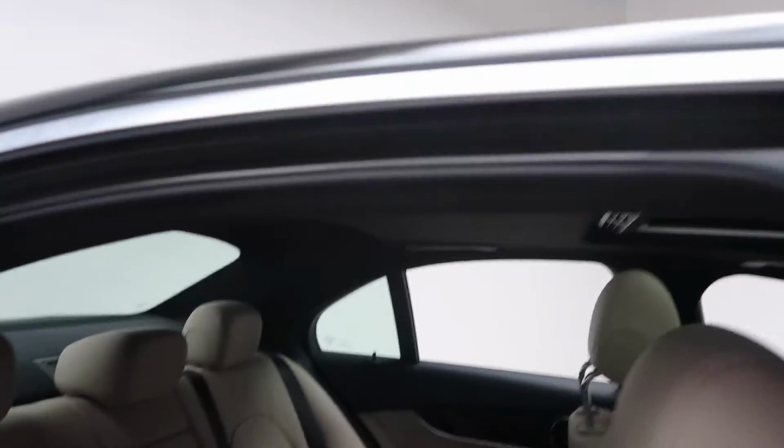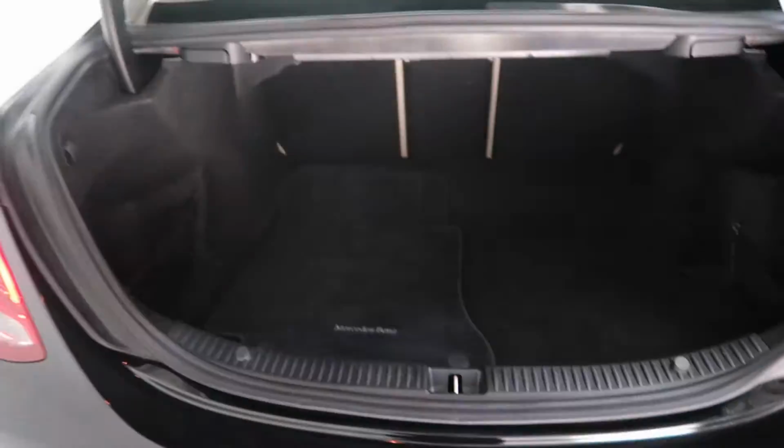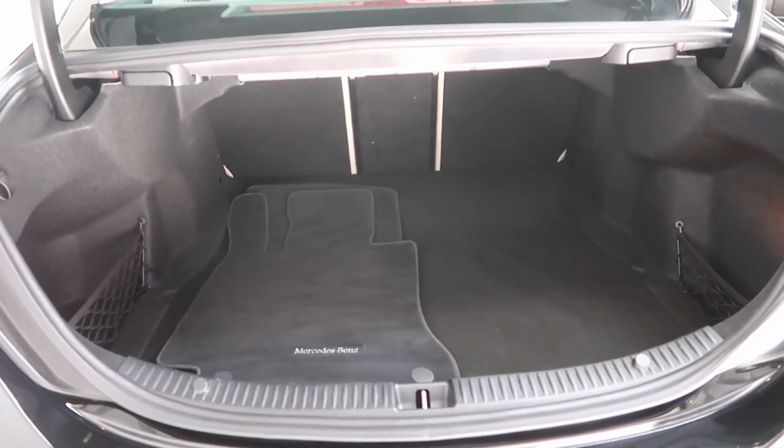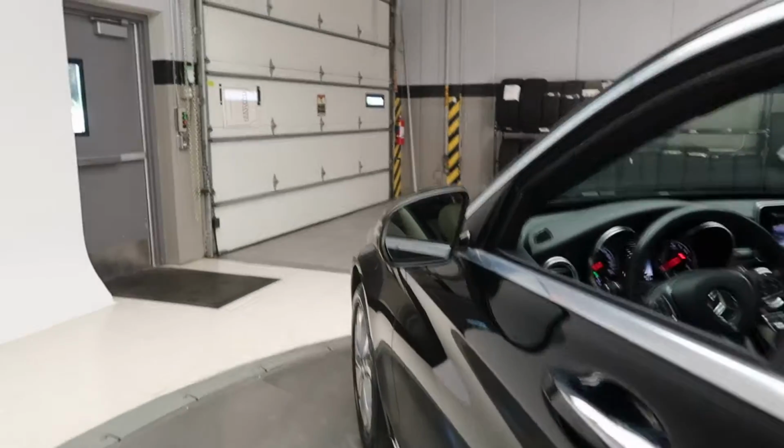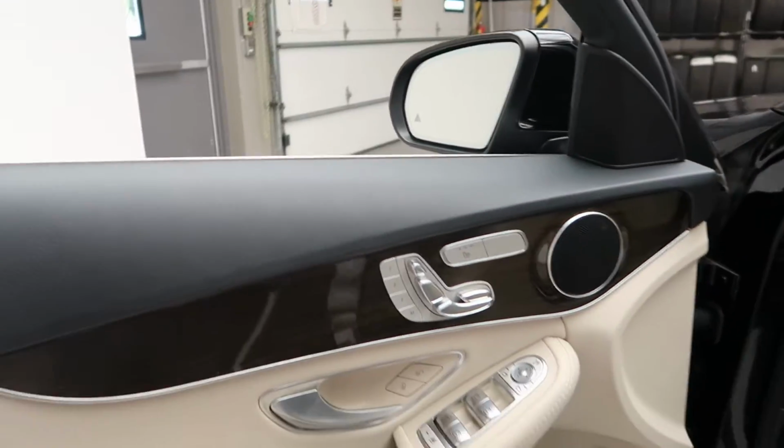Sunroof, C300 4MATIC badging, clean set of floor mats, fold down rear seats, premium 1 package with blind spot assist, heated seats, memory seats,